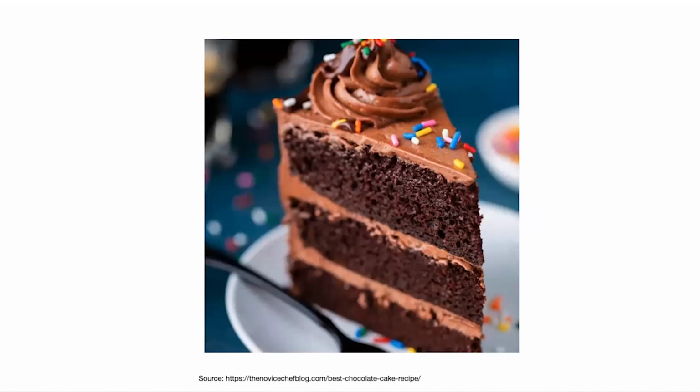Okay, so for game development, at the beginning you have to do something like this slice of cake. What does it mean? It means that you need to do a small portion of your game where everything works. For example, your character needs to be figured out, your controller, your movement, your grabbing system, your teleportation, your locomotion system, your trigger system, your UI system. All those you need to figure out. And also the storytelling and level design, such as environment setup, right? All this needs to be figured out. You don't have to finish the